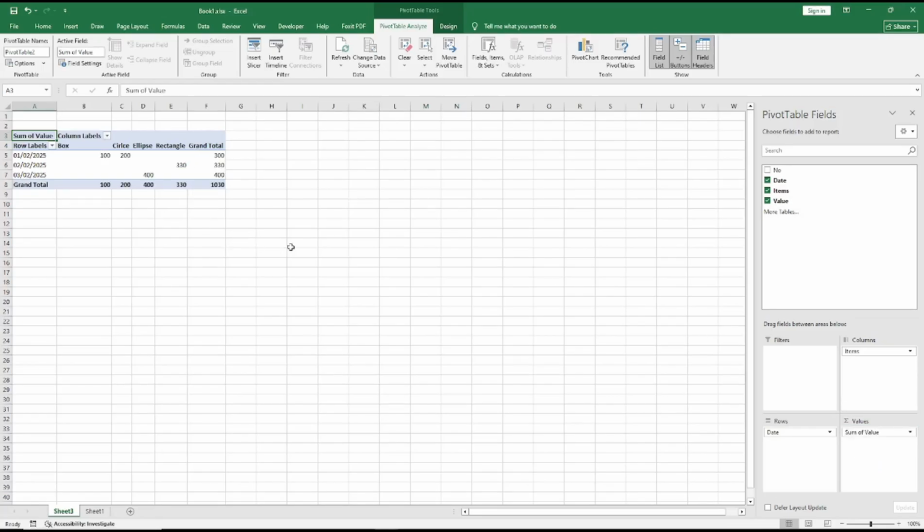So that's it for a basic Microsoft Excel tutorial: how to create a pivot